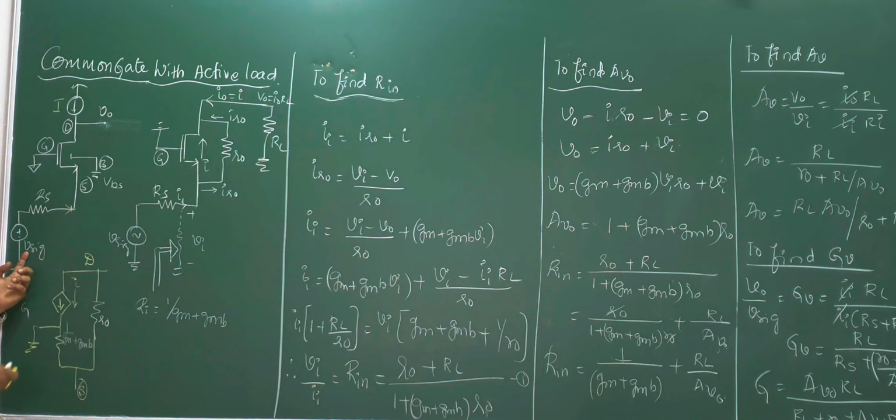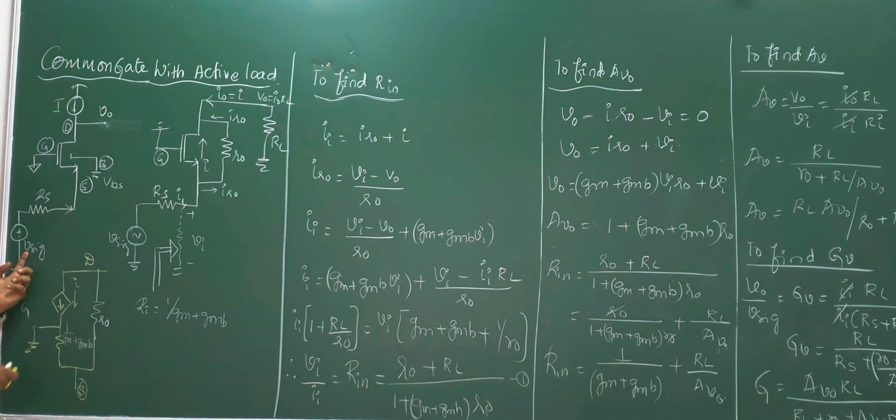When you have i naught through the RL resistor, I can definitely find vout is equal to i naught into RL. So this is a consideration, and marking the correct directions is understood. Now apply KCL, the current i is nothing but iro plus i. Now to find the input impedance, first consider the current which is entering this point and getting divided in the form of KCL. Next, in this equation, i is known. What is i?